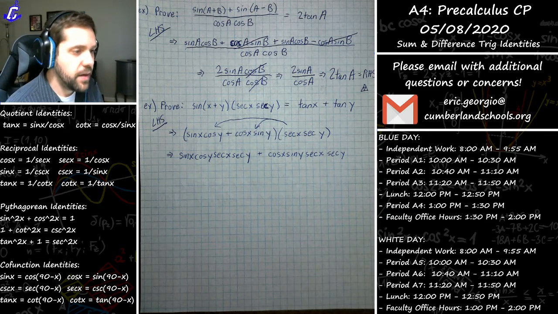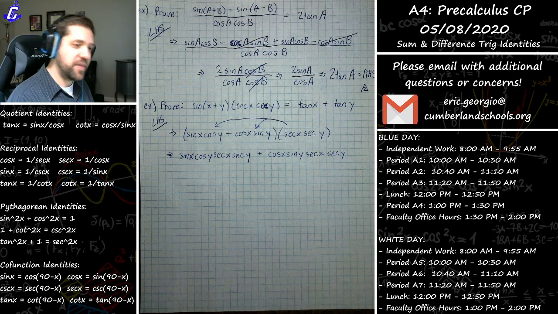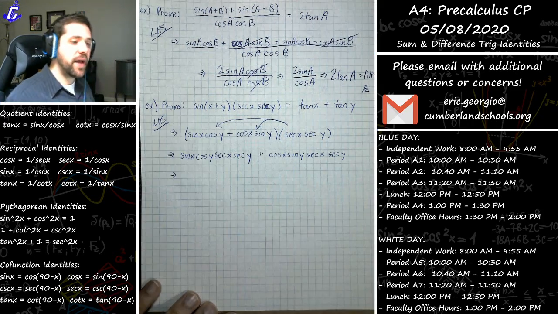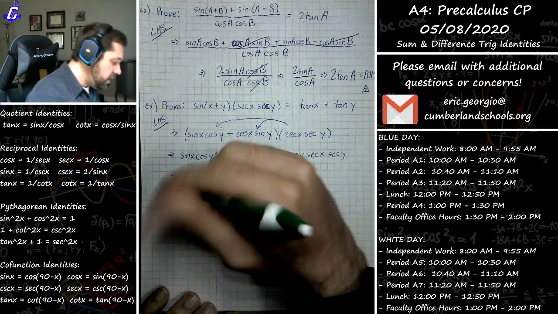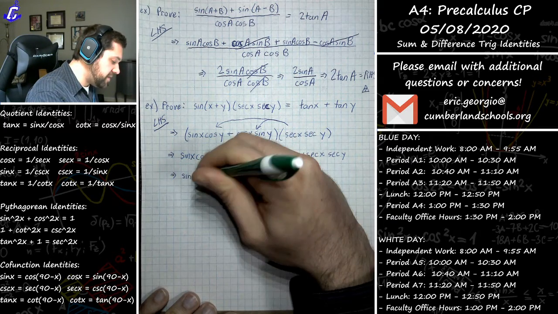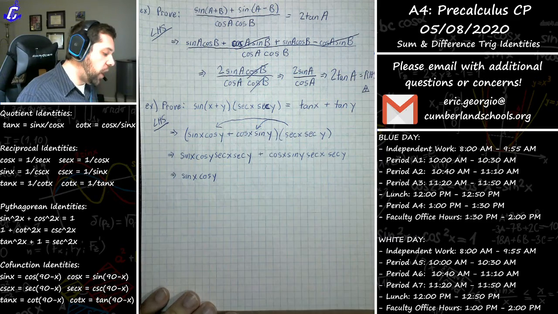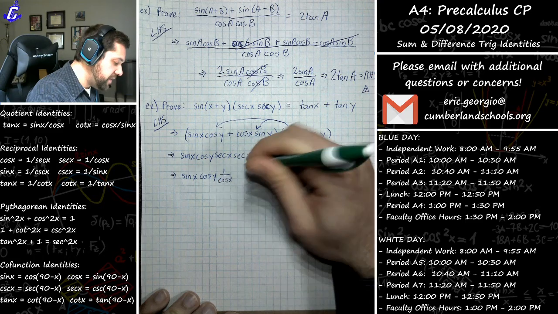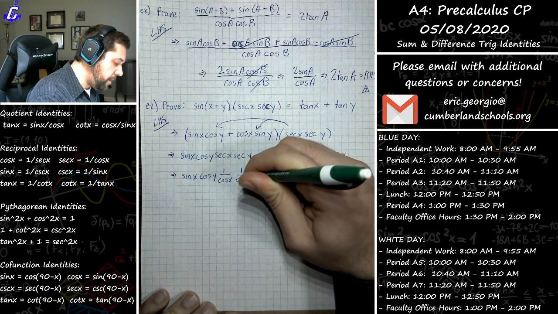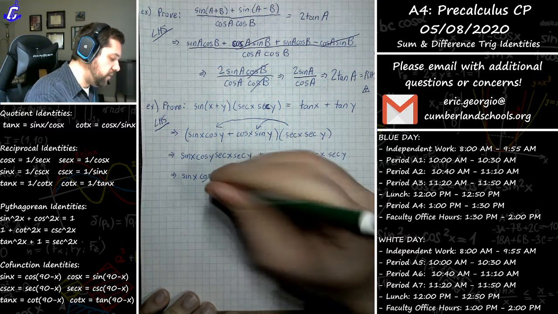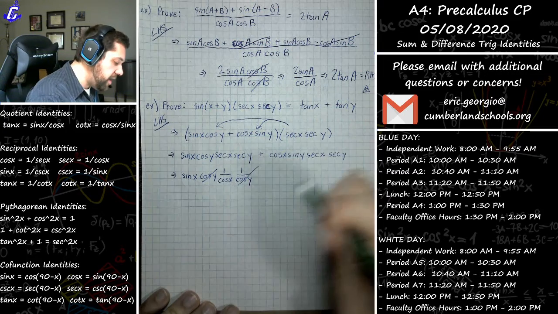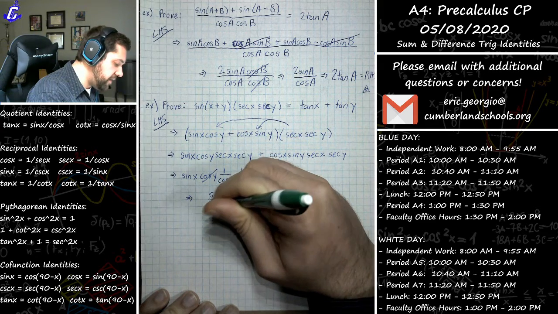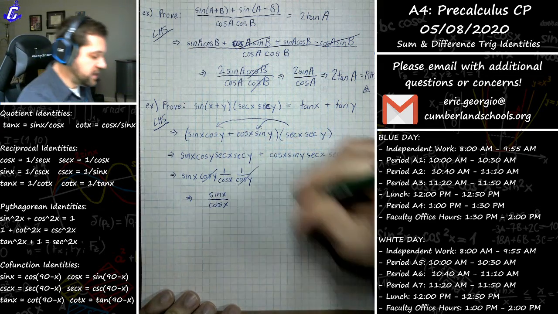Okay? Maybe you're already kind of seeing where this goes, because even though we have a lot of terms all kind of grouped together, if we rewrite everything in terms of sine and cosine, we can say, well, this is equivalent to the sine of x times the cosine of y. By our reciprocal identity, we can say that the secant of x is 1 over the cosine of x. The secant of y is 1 over the cosine of y. Ooh, cosine of y, 1 over cosine of y are going to go away. I'm going to be left with the sine of x over the cosine of x. And we'll get back to that in just a moment.